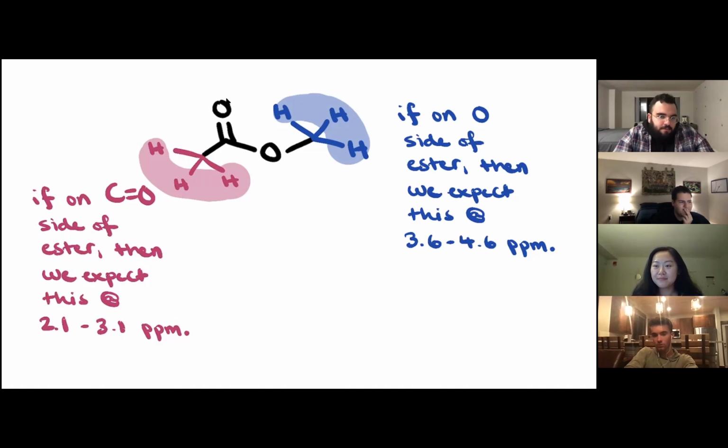If you have a peak there, then you would likely have that on the oxygen side of the ester. A peak around 2 to 3.1 would be on the carbonyl side, okay? Again, this is pretty doable with your shift chart, so go ahead and understand your shift chart. All right,